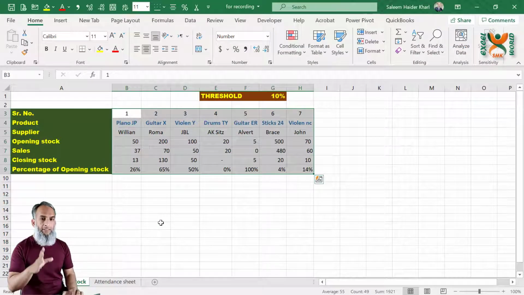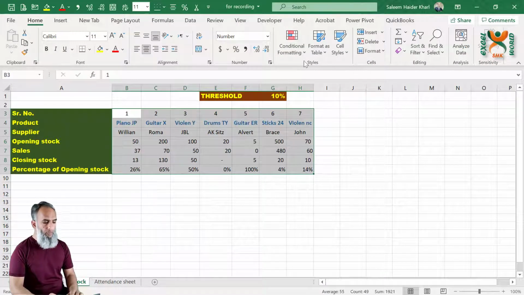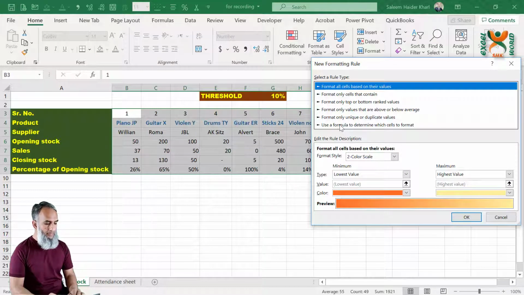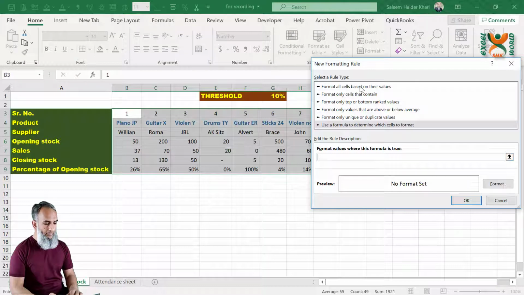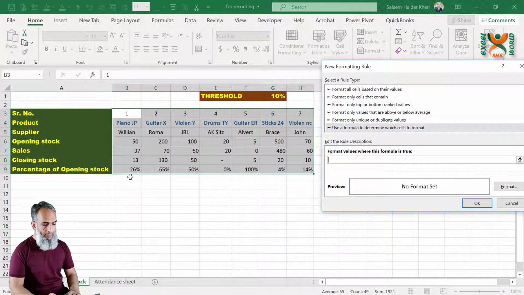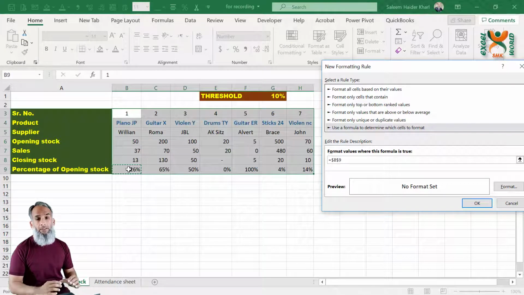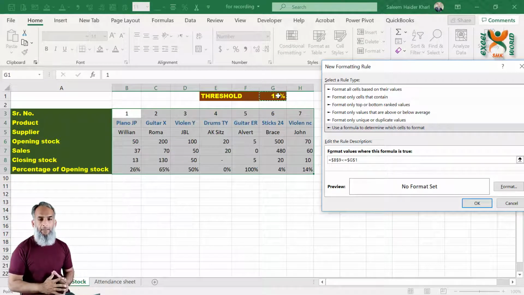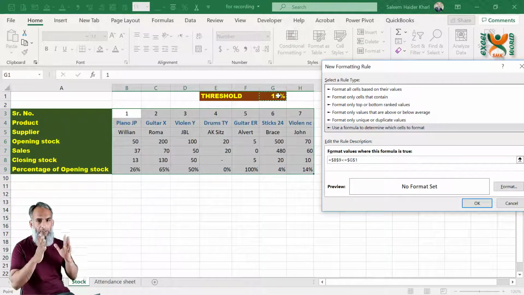In this case, the heading is in column A. So go to home ribbon, conditional formatting, click new rule, select the formula based rule. Then for the formula, if B9, which is the line where your criteria has to be checked, is less than or equal to your threshold, then it should highlight that particular column.